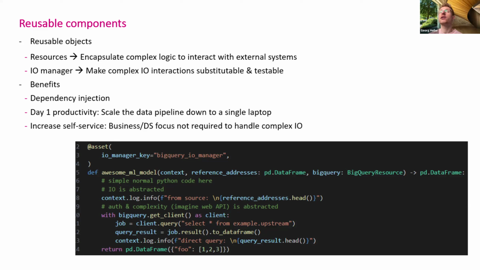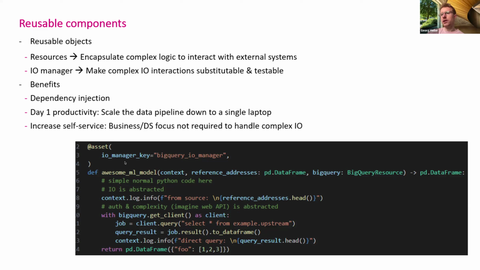Perhaps you have to have a password or some parameters that are different between dev and prod on test systems. And here, using resources can be a way to neatly parameterize the resources that you want to use and also make the data pipelines testable. And talking about making things testable, when it really comes to materializing the output, the I/O manager is the key